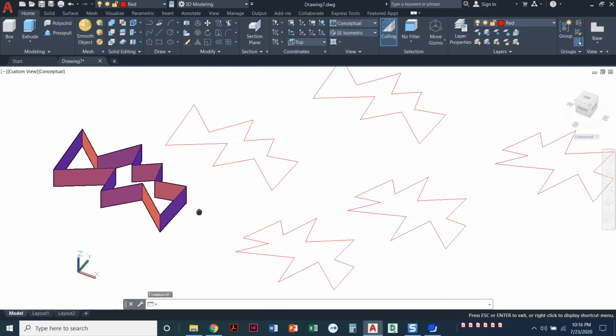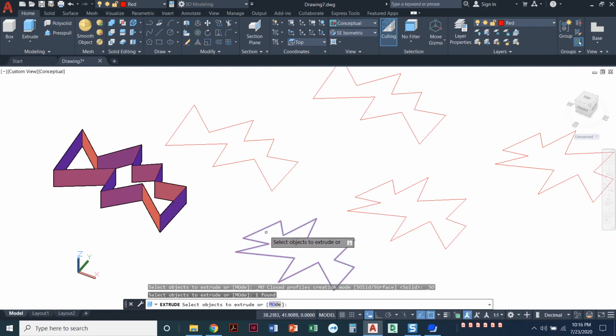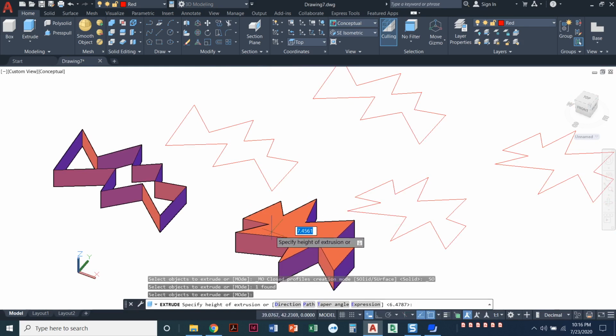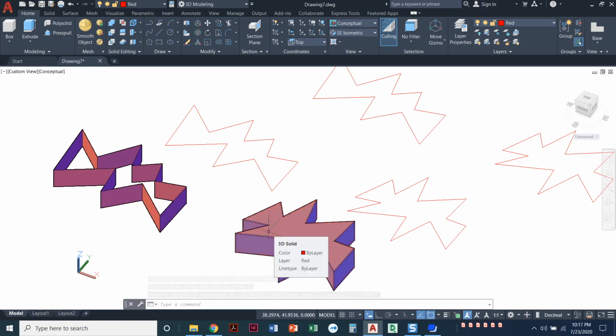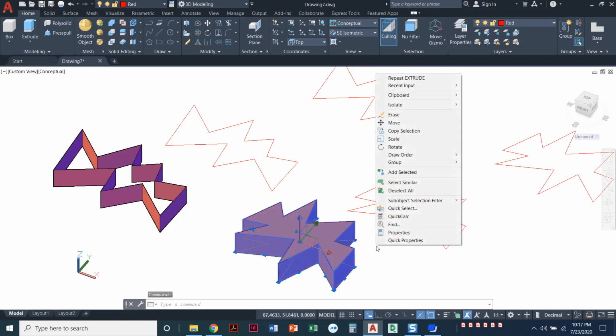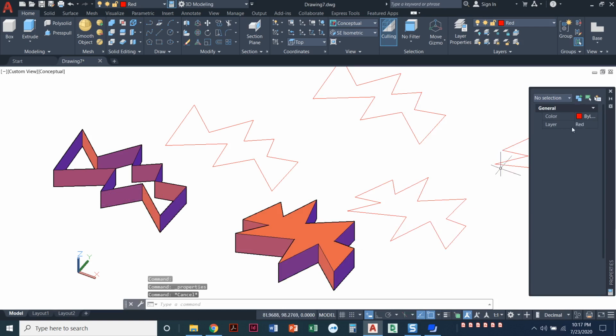So what we can do to fix that is the extrude command needs to have a polyline. So watch what happens when I extrude this one, which is a polyline. I'll click on that line, press enter, and then when I pull it up, you see the difference between that. So I've got just surfaces that are 3D, or I have a completely solid object. When I click on this one and right click, go to properties, you can see the difference up here. It's telling me it's a 3D solid.